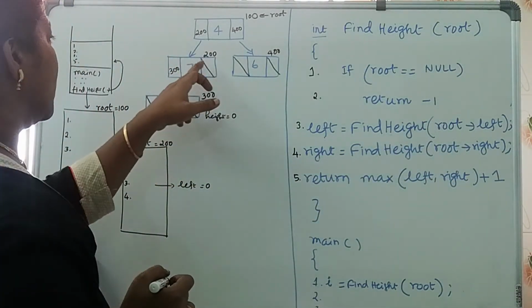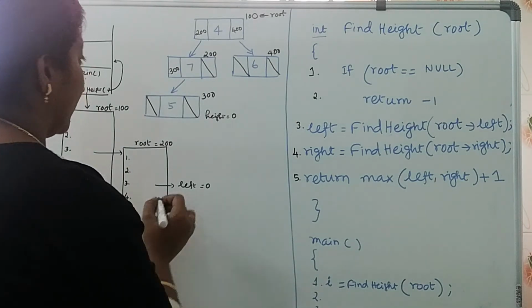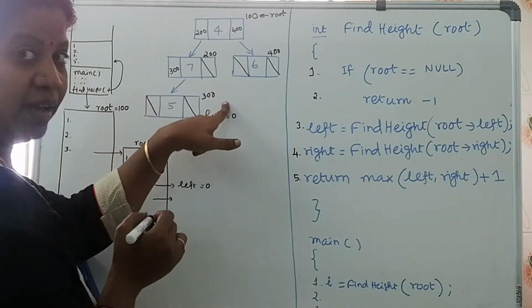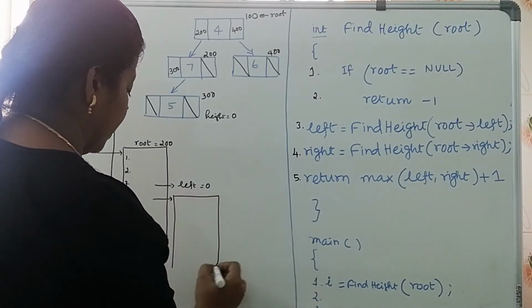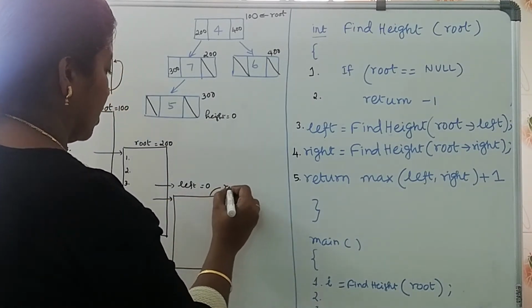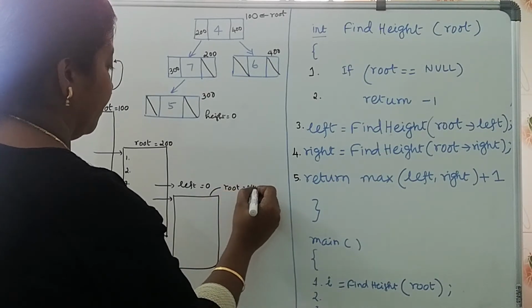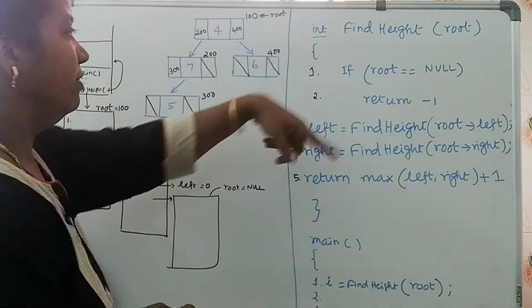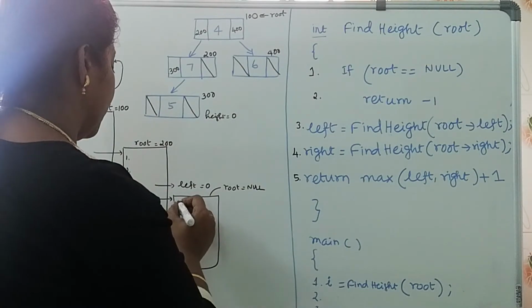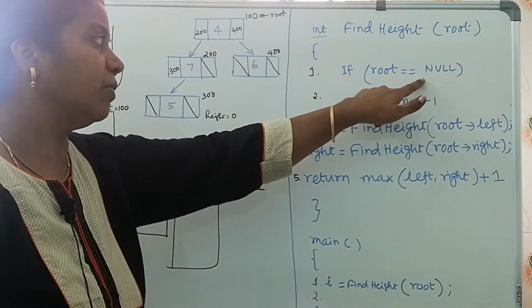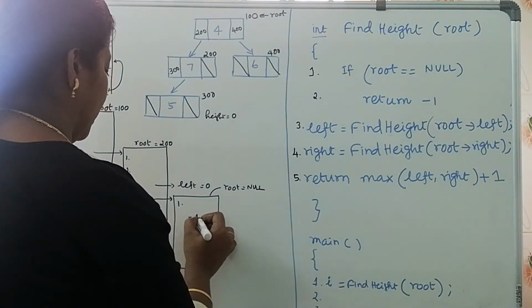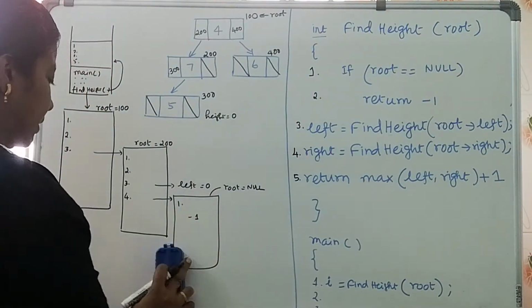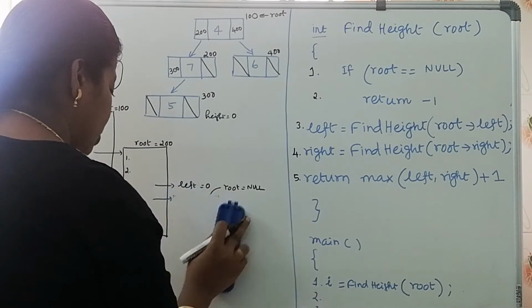Root value is 200. Okay, 200 does not have any child. Let us assume that root is now pointing to null. Then it will execute line number 1: root equal to null. Yes, this is true, so this will return -1. This stack frame returns -1 back to the line number